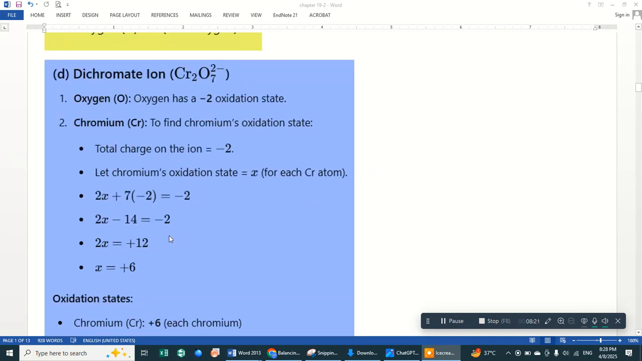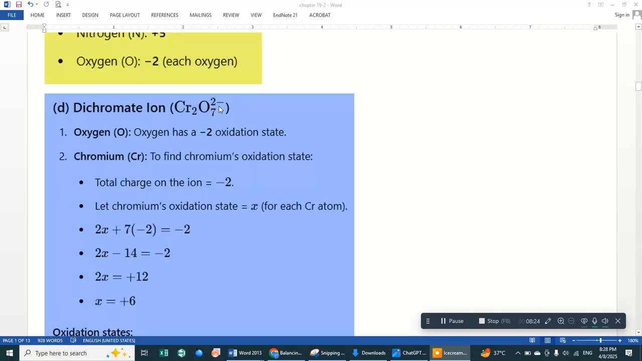Next is the dichromate ion. Dichromate has an overall -2 charge. To find out the oxidation state of chromium, which we don't know, we know the oxidation state of oxygen. We have a formula. We suppose the unknown oxidation state of chromium is x. There are 2 chromiums, so 2x, plus 7 oxygens, 7 multiplied by -2, since the oxidation state of oxygen is -2, equals